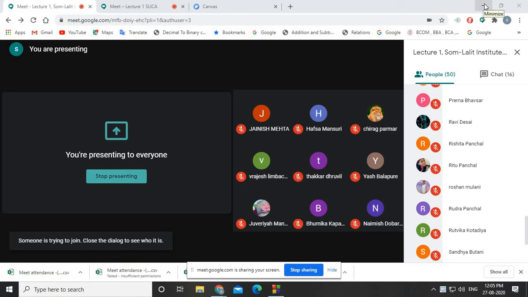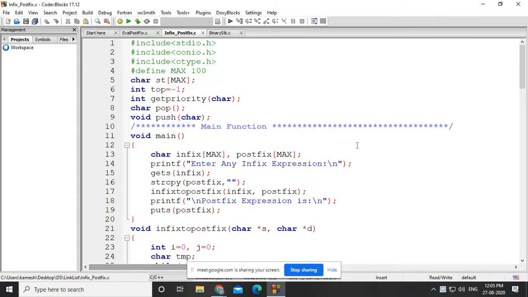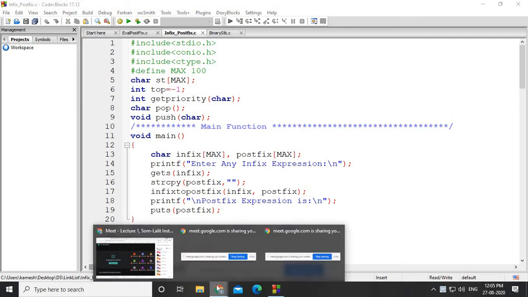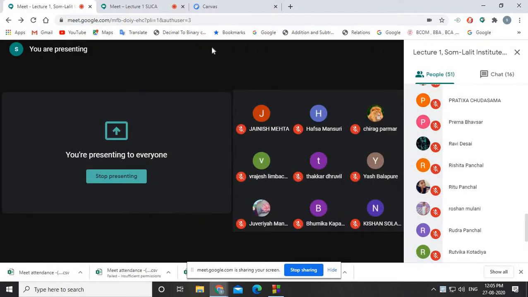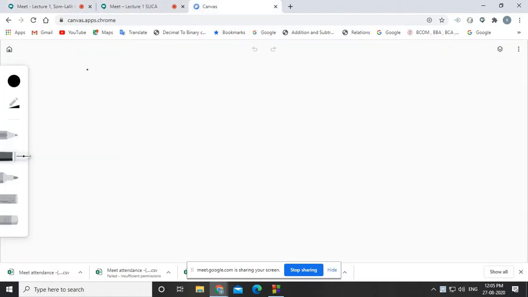See, this is what the program does, right? So we know all the rules, right? How can we convert the infix expression into the postfix? So if we want to recap the whole thing whatever we have discussed in the last two sessions, so let